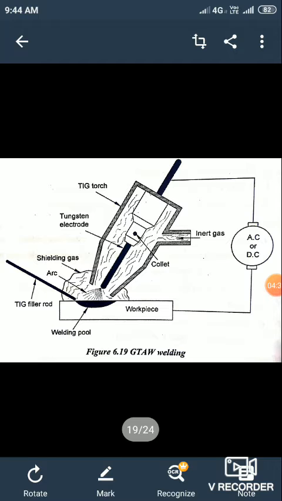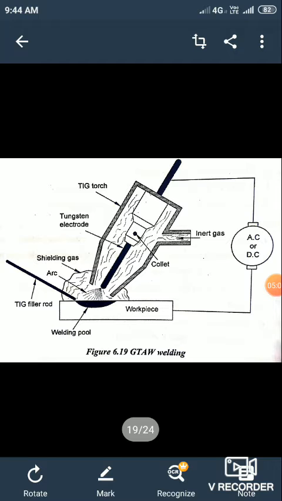It does not create as much spatter and spark. It creates a better work environment with less smoke and fumes. It produces welds without contamination. The welding speed is high. It produces high quality welds. No weld cleaning is necessary, as there is no slag formation. There is no need for cleaning of the weld.